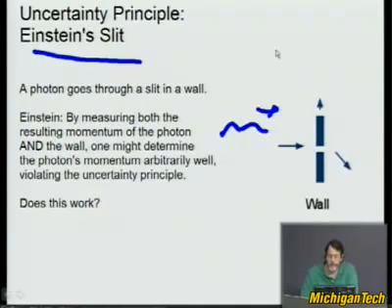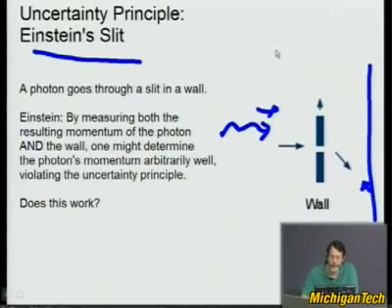So the uncertainty principle says that you can't predict where this photon's going to hit on the wall. Apparently it's going to hit down here according to this picture. But you can't predict that. Einstein said, wait a minute, maybe you can predict it. You've been considering only the photon. Let's now consider also the wall. Let's say you can measure this wall, where this wall is going to go, up and down. You can measure what it's doing.